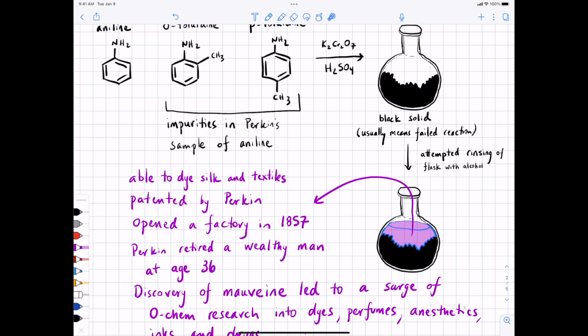He was 18 in 1856. 18 years later, at the age of 36, he retired, a wealthy man. There are still samples of his original dye that are available. And some of them may actually be in your, well, let's actually look it up. I'm not sure if it's in your text, but we'll,